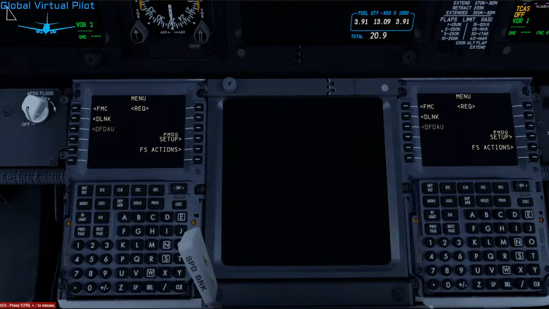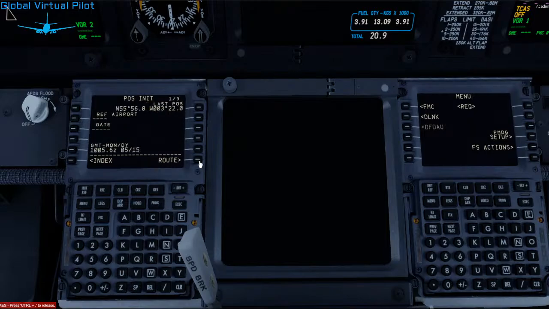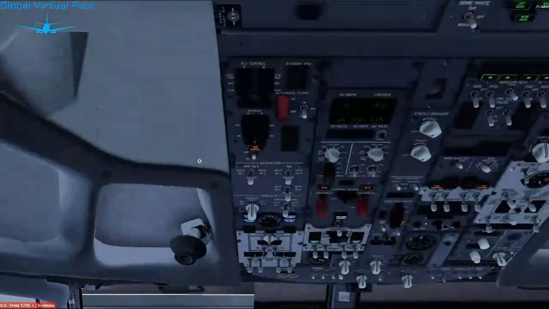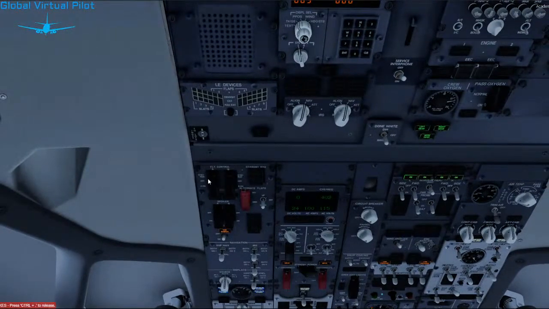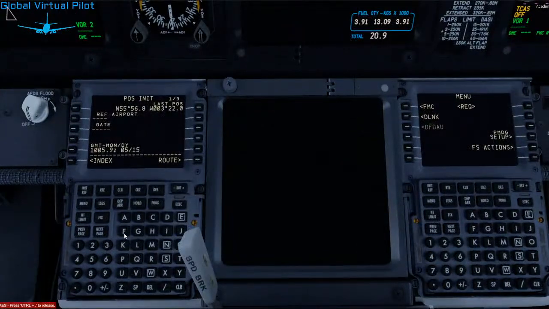All right. Let's take action. So first, FMS database valid until 20 May, and today we have the 15th of May, so it's okay. Position initialization: just before we go up, let's check that we have initialization of our nav. The navigation system is aligned, it's on NAV position, and here is proof that the IRS display is well displayed, so it's working. Then we're going to the reference airport, Echo Golf Papa Hotel,